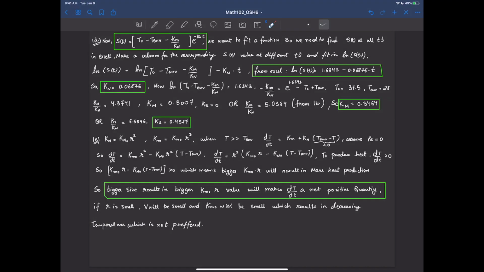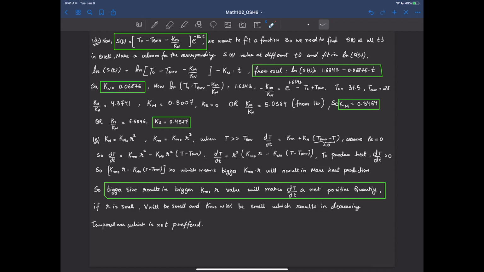All right, so coming back to the last part of this problem, there are a lot of words. What I'm going to try to do is explain what it means. So they said in the differential equation, Kn is a parameter that's controlled by the surface area of an organism. So it's proportional to the radius squared because it's area. And then they said the metabolic heat production rate depends upon the volume of an organism. So it's dependent upon R cubed in this case. And they want you to figure out why is it